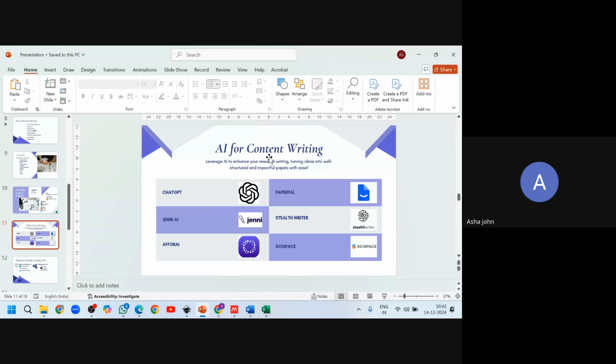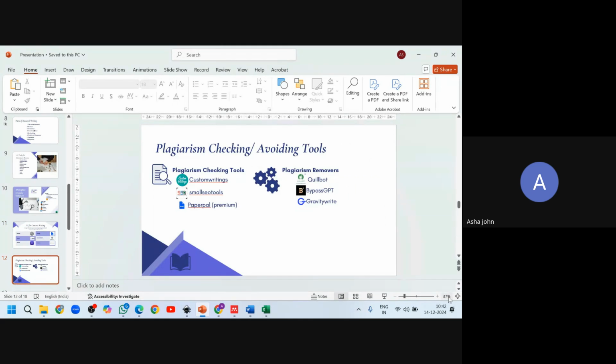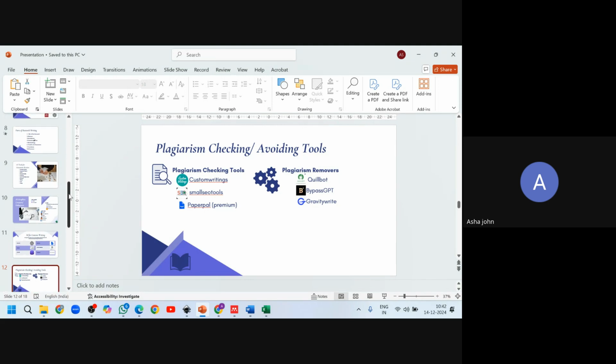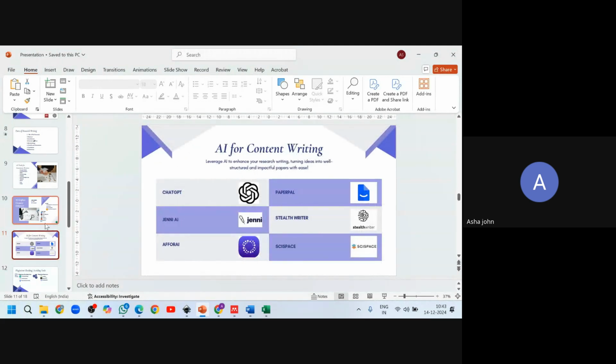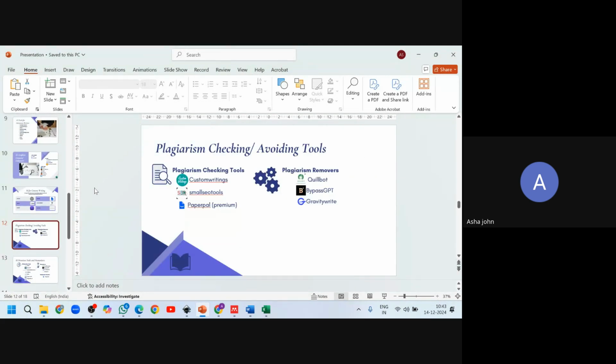But understand, for content writing, you can use these applications. PaperPal is also a very good application, but after 5 free uses, you will need to subscribe or upgrade to use more. After writing the content, we will be more concerned about plagiarism and AI content. So now let's try to generate some content and check the plagiarism.